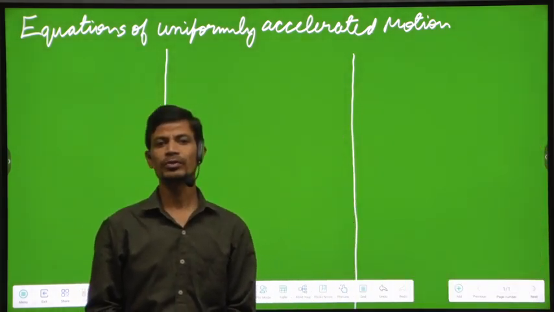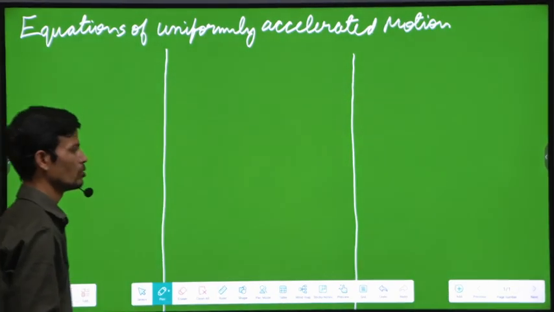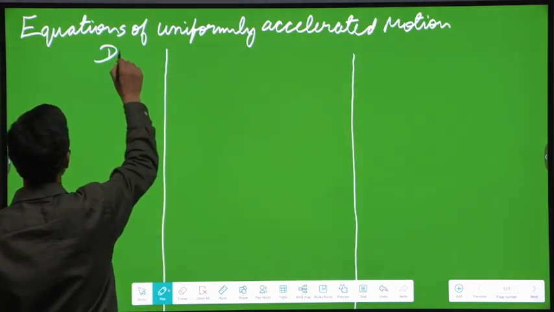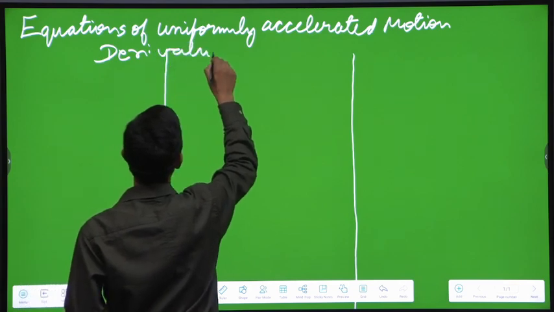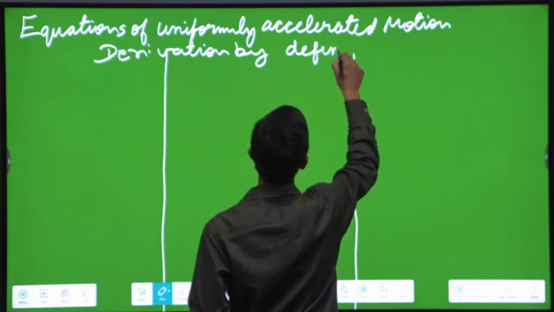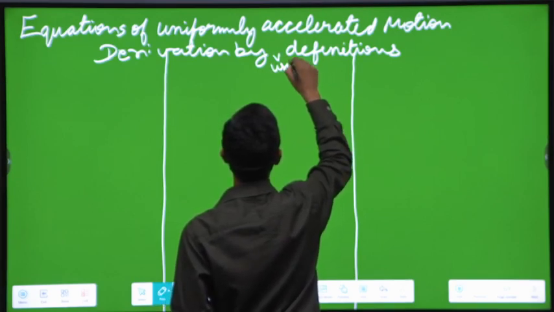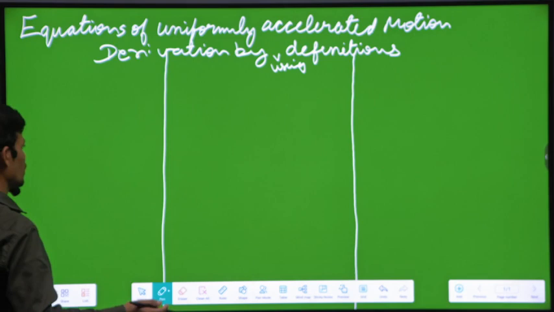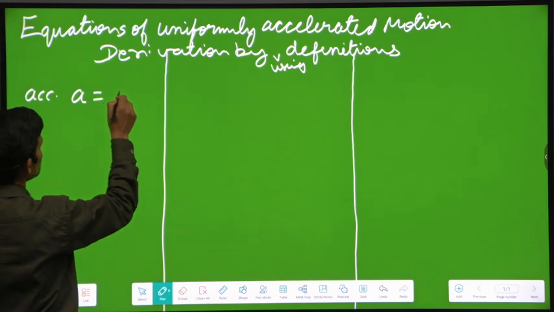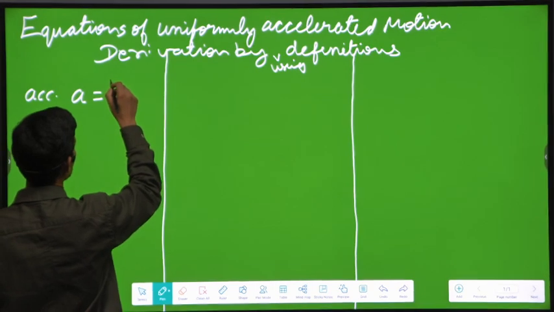So in this video I'm going to derive equations of motion, first by the normal, ordinary definition-based method, by using definitions. Okay, so for the first equation we know that acceleration a is equal to the change in velocity, that is v